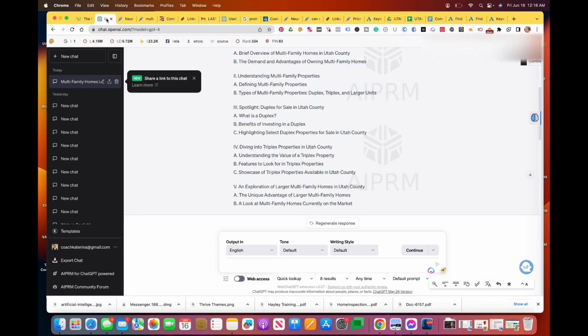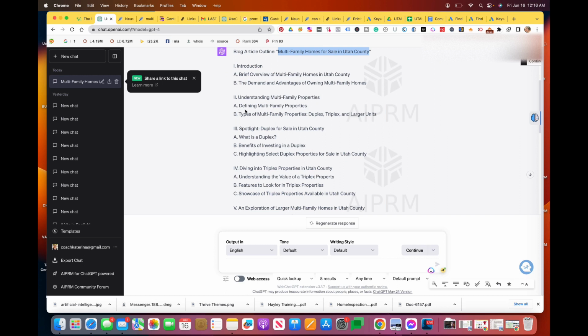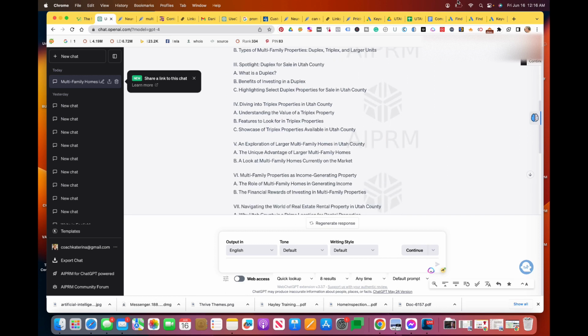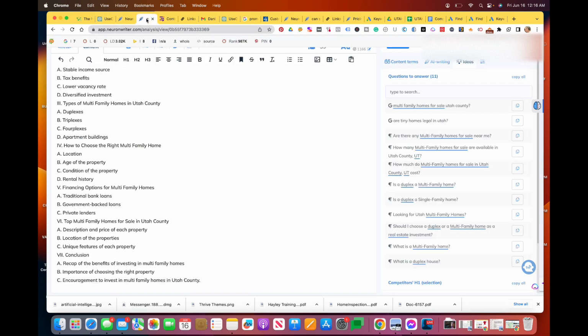Then I would go over here probably and I would grab some of these keywords here if there's any missing from my list, which I don't. I think it pretty much covered it all since I asked ChatGPT to cover all that. But do you see how cool this is with the question people also ask? So the other thing we can do here as well is I can